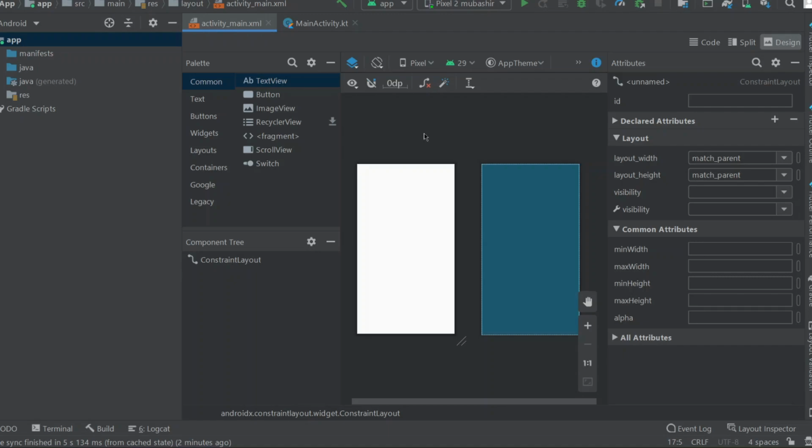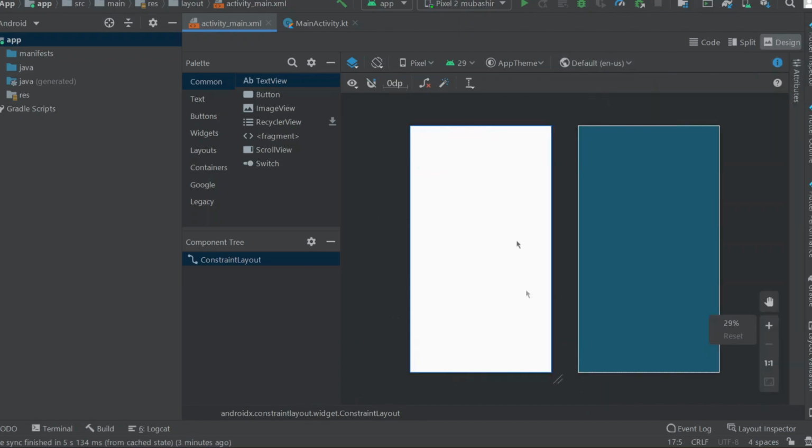So first time when you open your app you will get a hello world here. So I want you to click on that hello world and press your delete button on the keyboard. So everything will be deleted, and here you will get some this type of layout.